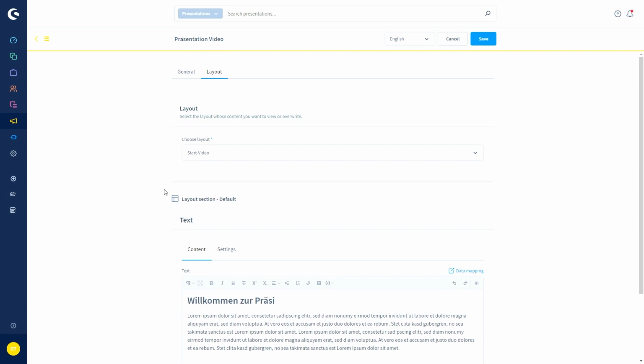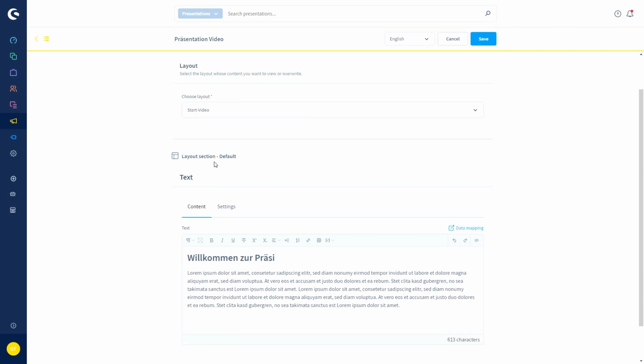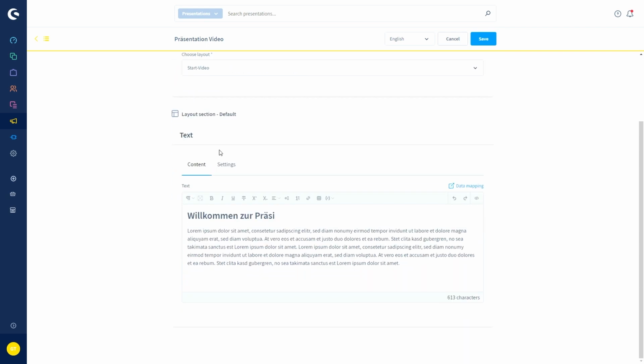So in the layout section, you start by selecting the layout for this page. So we've got the start video layout. We'll leave it at this. And then you've got the layout section.